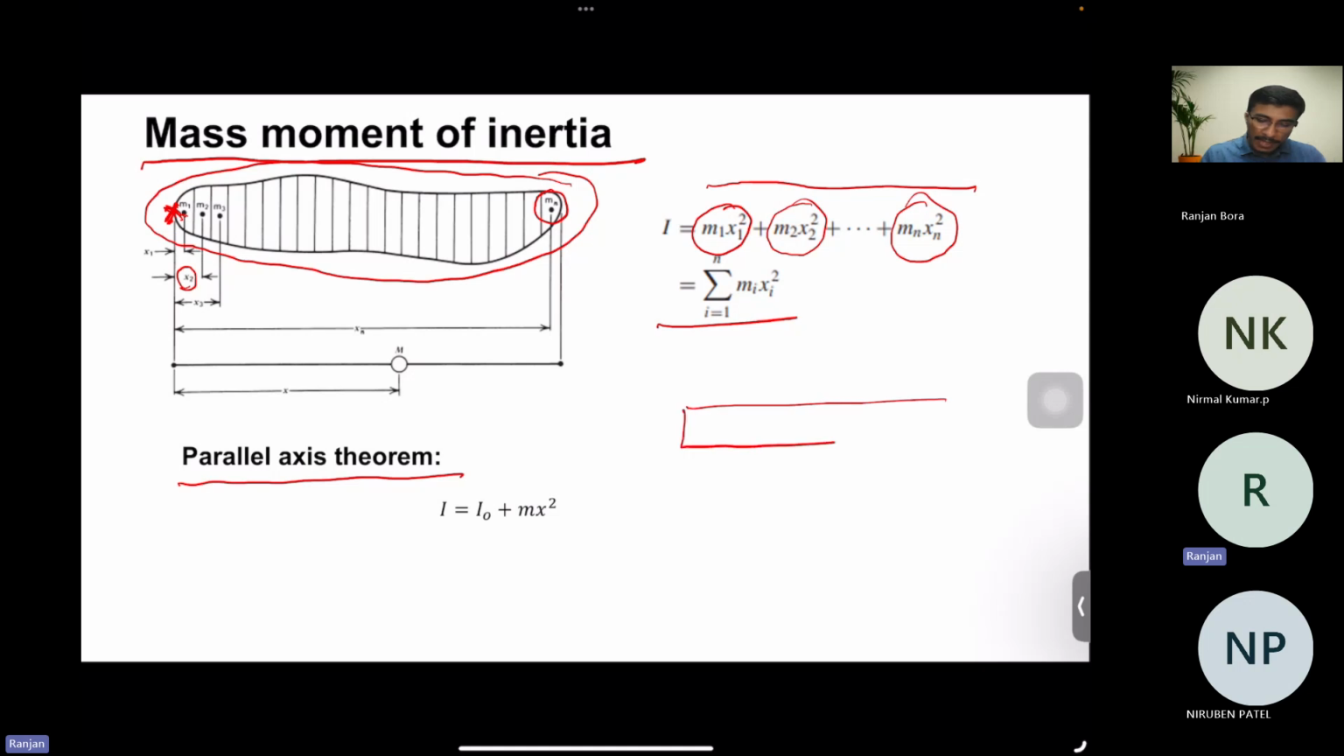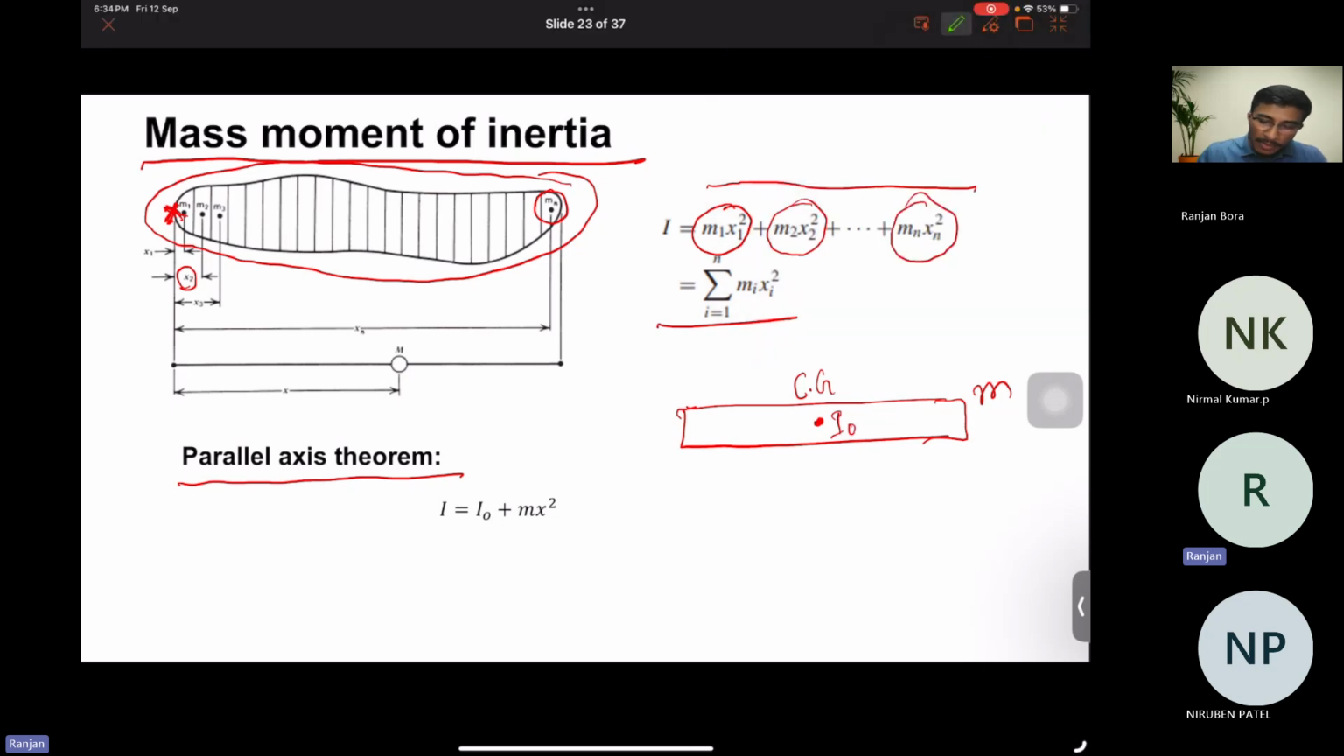If this is the mass m, and this is its center of gravity, then the moment of inertia about its center of gravity is I naught. Now if we want to know the moment of inertia of this mass m about this point, which is colored green, and if the distance from this green colored point to the center of gravity is x, then using the